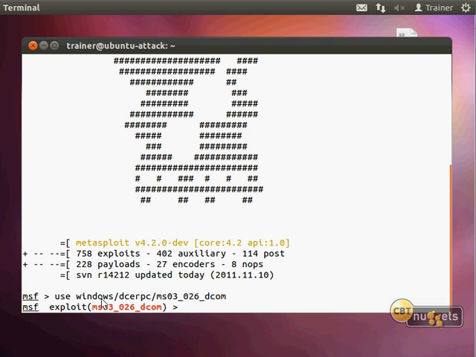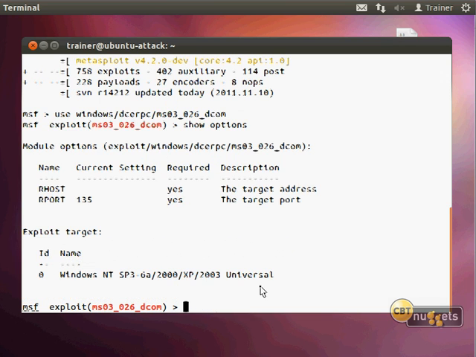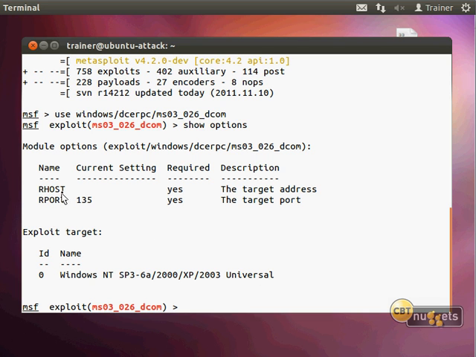All right. Notice that it changes the command prompt so that anything I type in from this point forward is going to be relative to that particular exploit. And if you need to know what to type next, just type show options. Different exploits have different features or different requirements. What we have here is we need to identify the remote host and the remote port. Okay, these are the requirements. And it works against all of these hosts right here.